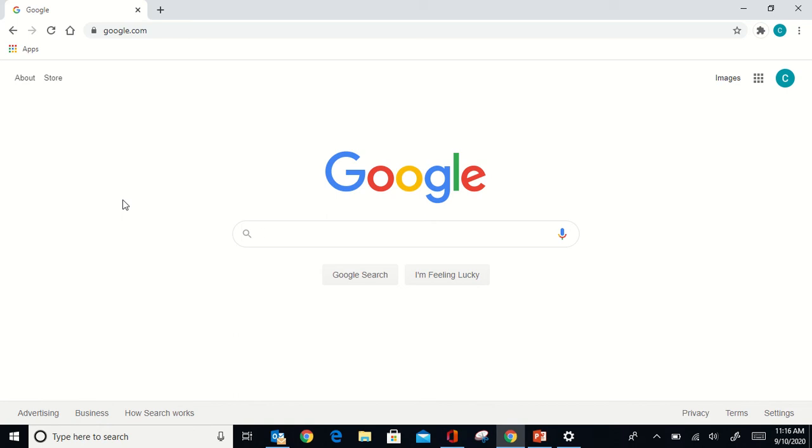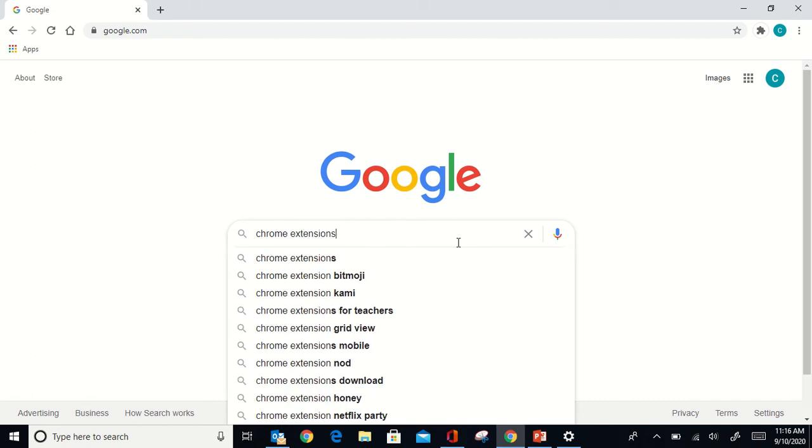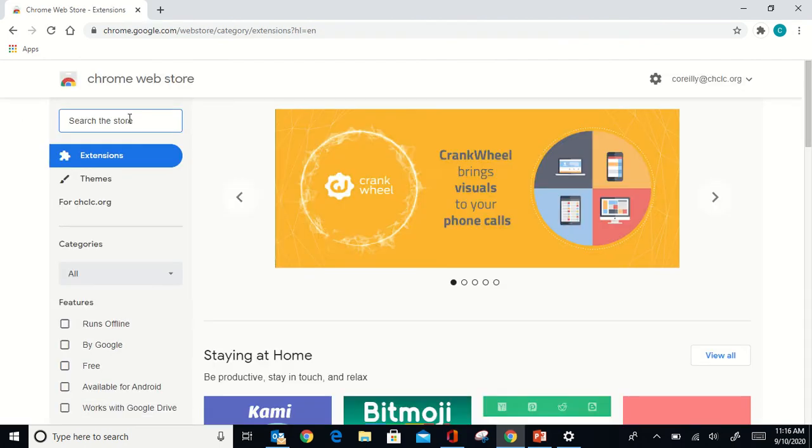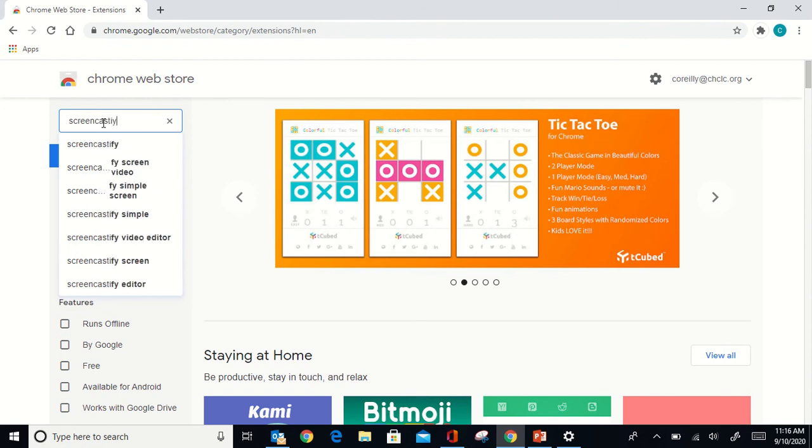I'm going to show you how to add the Screencastify Google extension to Chrome. So I'm here in Chrome and I am just at the Google search bar and I'm going to type in Chrome extensions in order to find the Chrome web store where I can then find the Screencastify extension and download it. So over here in search the store, I'm going to type in Screencastify,